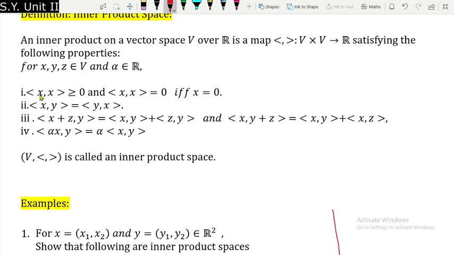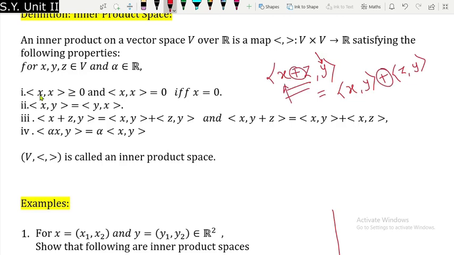The third property is really interesting, which is actually, in the last unit we have seen one example of a bilinear map, I think, where we talked about inner product. So this was the inner product that we were talking about. The third property says that inner product of x plus z with y is equal to inner product of x with y plus inner product of z with y. So what we do is we keep this y fixed and we distribute the first coordinate of the inner product. You can see that whatever this plus sign is there, it comes from here. X is present over here.